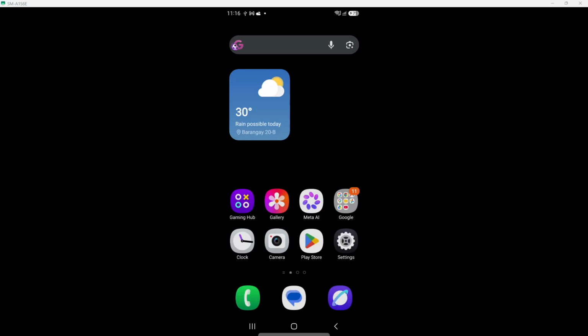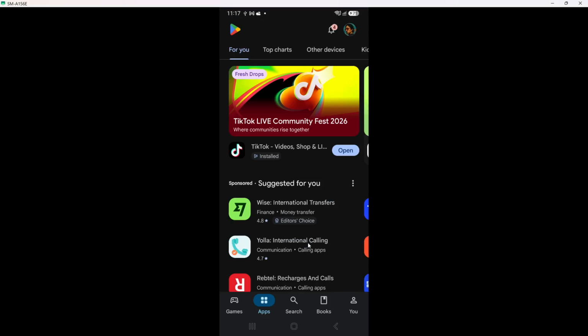In today's video, I'm going to teach you how to download Azure mobile app on Android. First, begin by opening the Google Play Store on your Android device. You can find the Play Store icon on your home screen or in the app drawer. It looks like a colorful triangle. Tapping this icon will launch the store where millions of apps are available to explore.